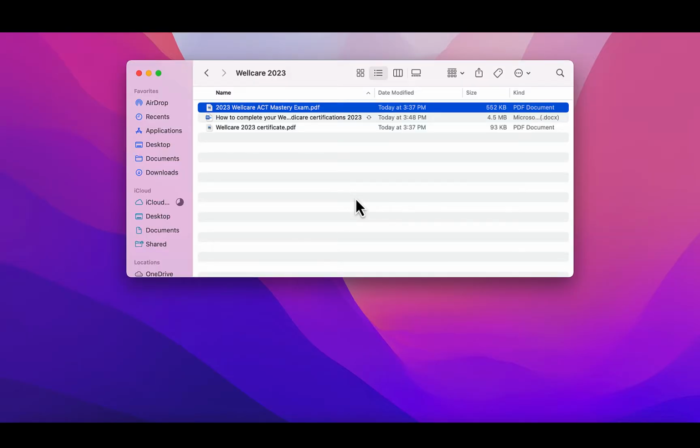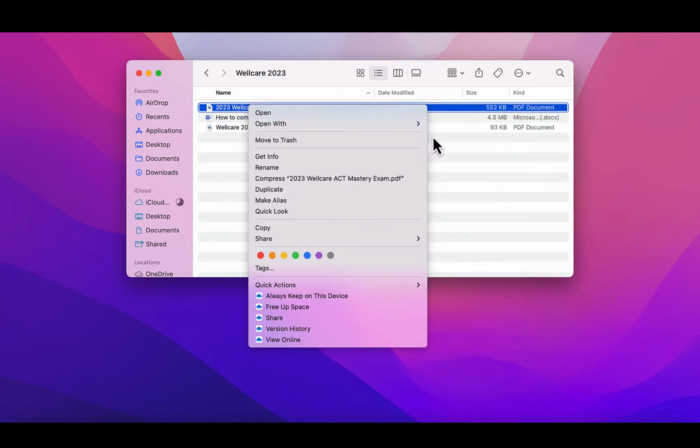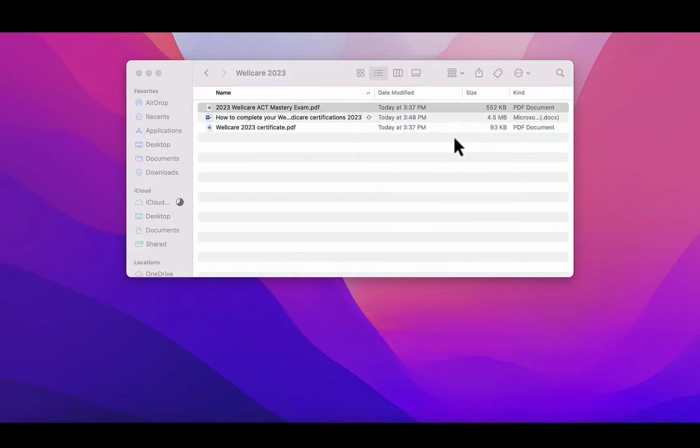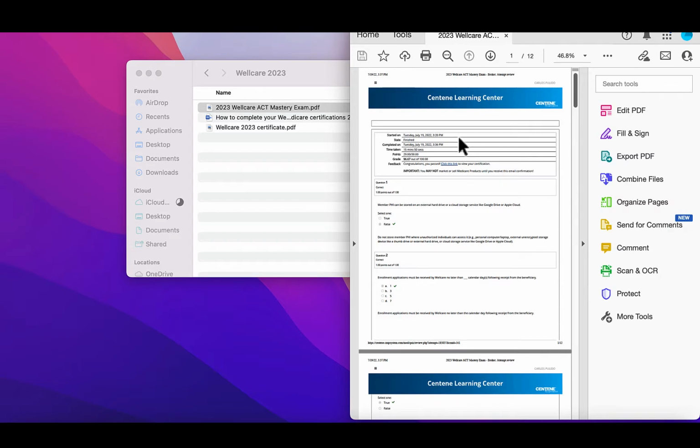Okay, so let me show you how to make your PDF readable. You're going to take a PDF file and open it with Adobe Acrobat. So right click, open Adobe Acrobat, and on the right hand side there's going to be a button that says